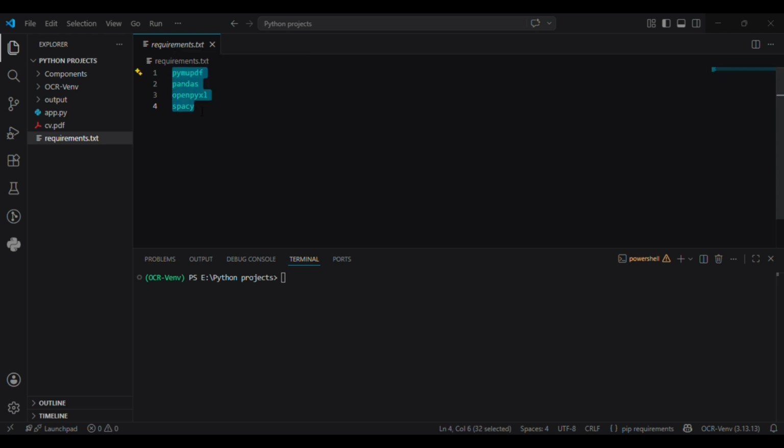Here we are using four key libraries. PyMuPDF is responsible for extracting the text and embedded links from the PDF pages, and Pandas is used for mapping the dictionary format into the data frame and further converting it into the CSV and Excel formats. The openpyxl library is used to write the contents into the Excel file,